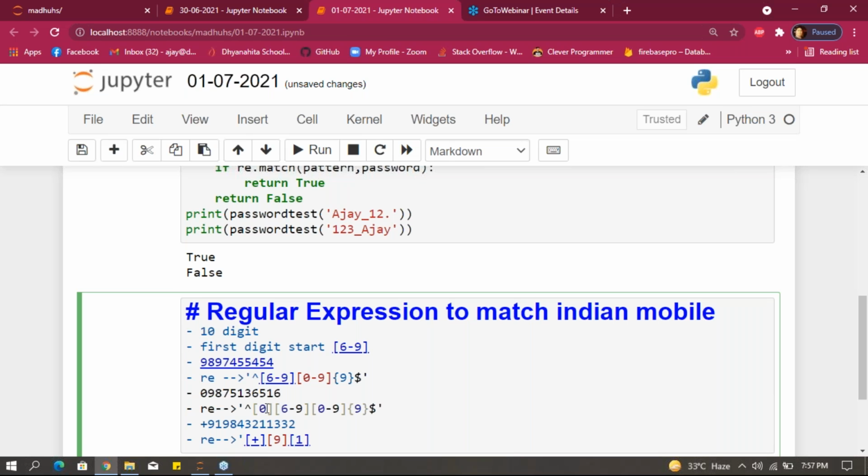And next give 6 to 9. Okay, and next give 0 to 9 with 9 here, and close with the dollar symbol.